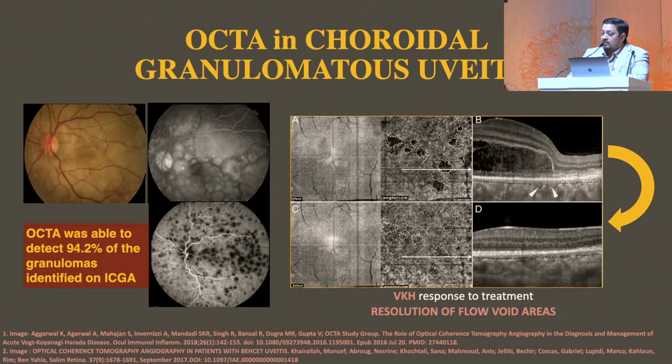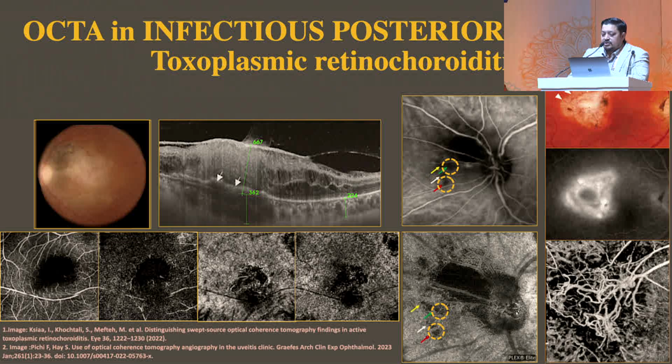First, it is non-invasive. You detect those lesions as the flowoid area, as you can see in the left middle picture. You start the patient on the treatment, and these flowoid areas resolve. So once these flowoid areas resolve, this will help you to guide the end of the treatment for VKH. So this is another utility of OCTA using the choriocapillaris images.